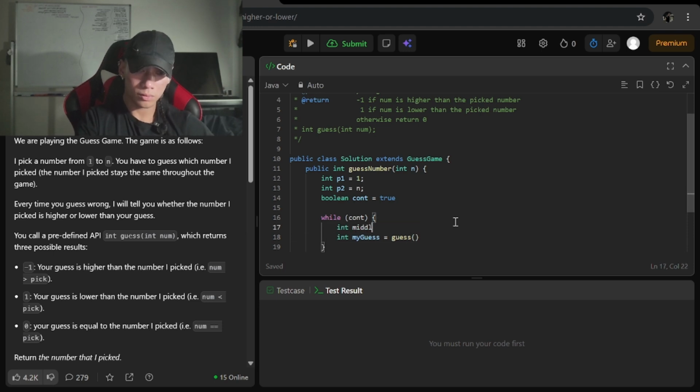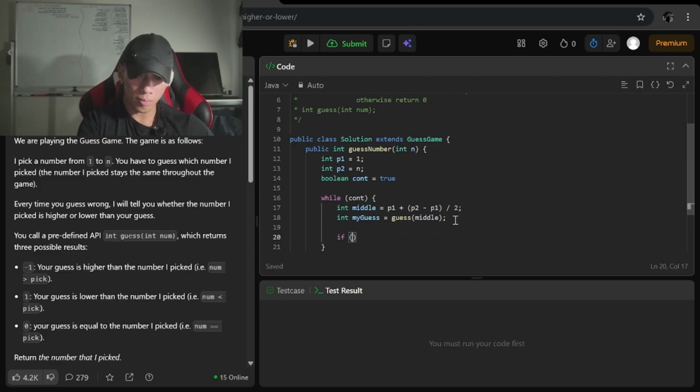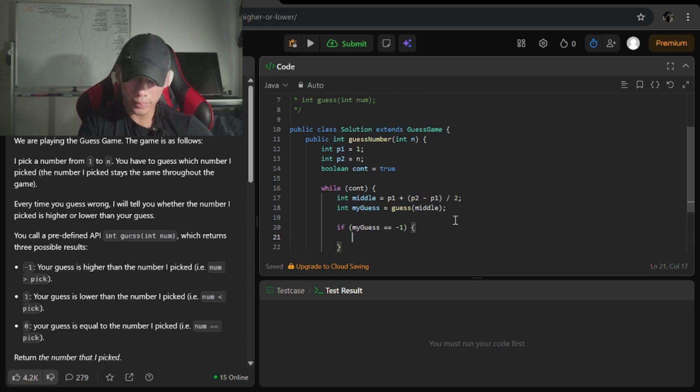If middle is equal to... wait, what? If guess is higher, so how do you call the API?